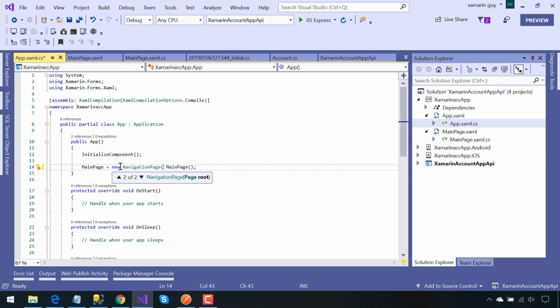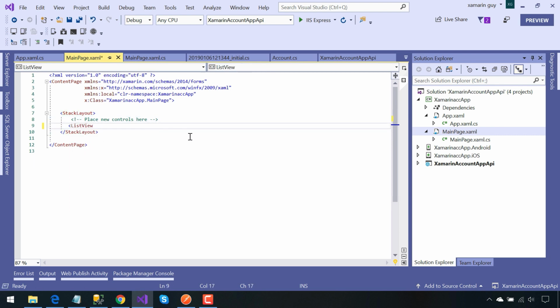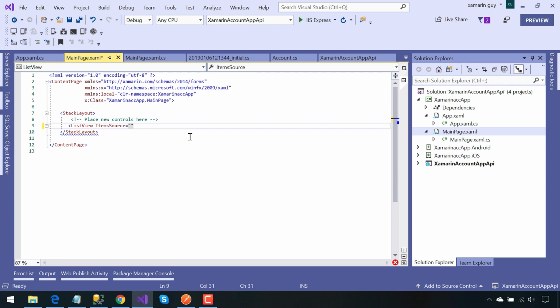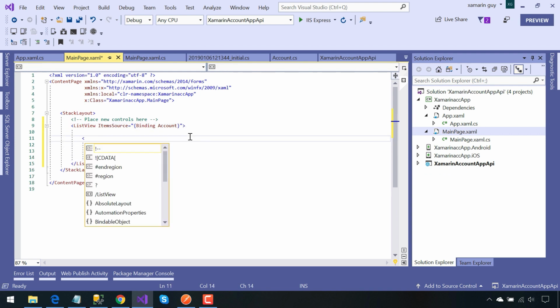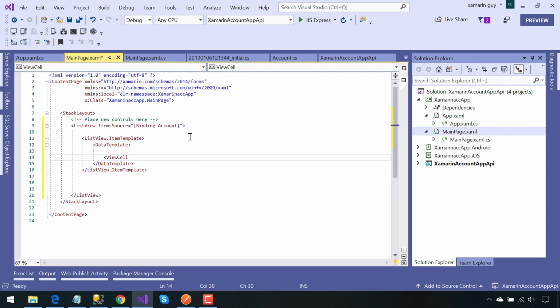Here we are going to set the main page as our navigation page because we are going to add more navigation functionality in the fourth part of this series. As we have already created our simple API, our next objective is to consume those APIs. In order to make this tutorial simple, I am just representing the given API data in the form of a list, and in a later part of our tutorial, we will be consuming those APIs in order to create a login page along with other